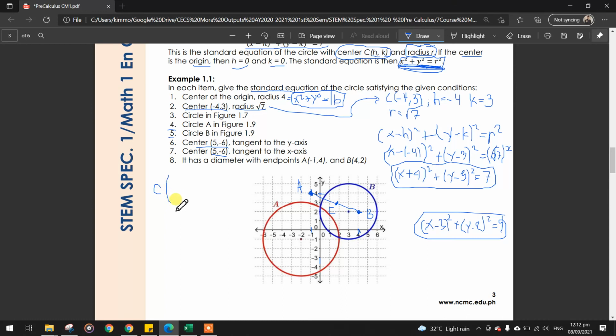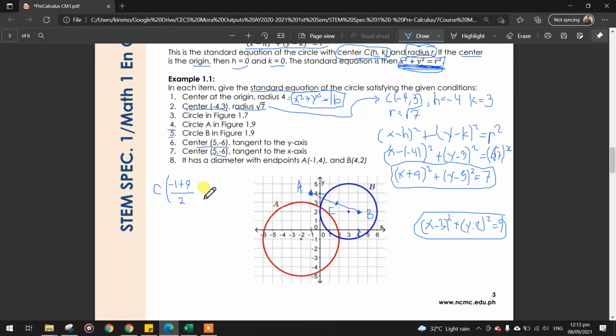The midpoint is very easy because that is just the average of the 2 points. Average means you add the two points, then divide by 2. Right? That is how you get an average or mean. So we add the two points. For x, we have -1 and 4. So we add -1 plus 4, then divide by 2. So the midpoint is the middle between A and B